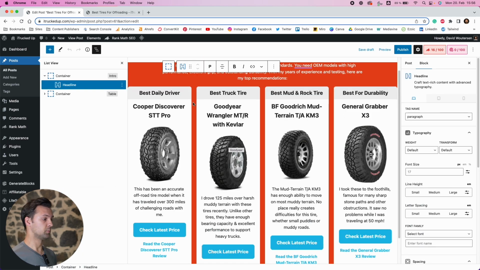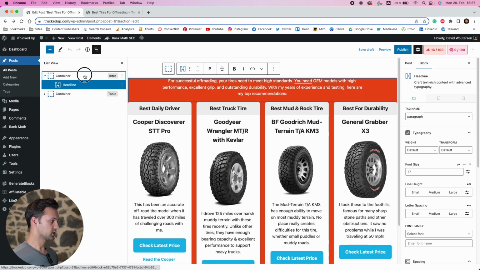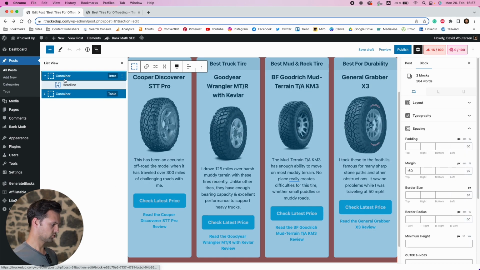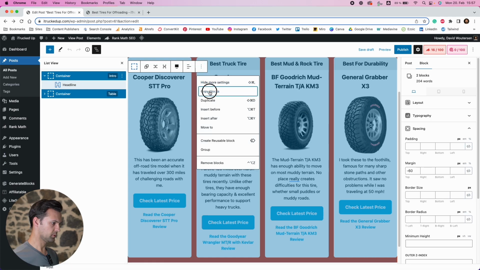So if you want to copy this block setup with the tables and stuff like that for another roundup, what you can do is either get GenerateBlocks Pro. You can save this into the pattern library and then you can just copy that in. Or what you can do is you can grab both of these containers, control and make sure that you can copy both blocks. So 2 blocks copy to the clipboard,